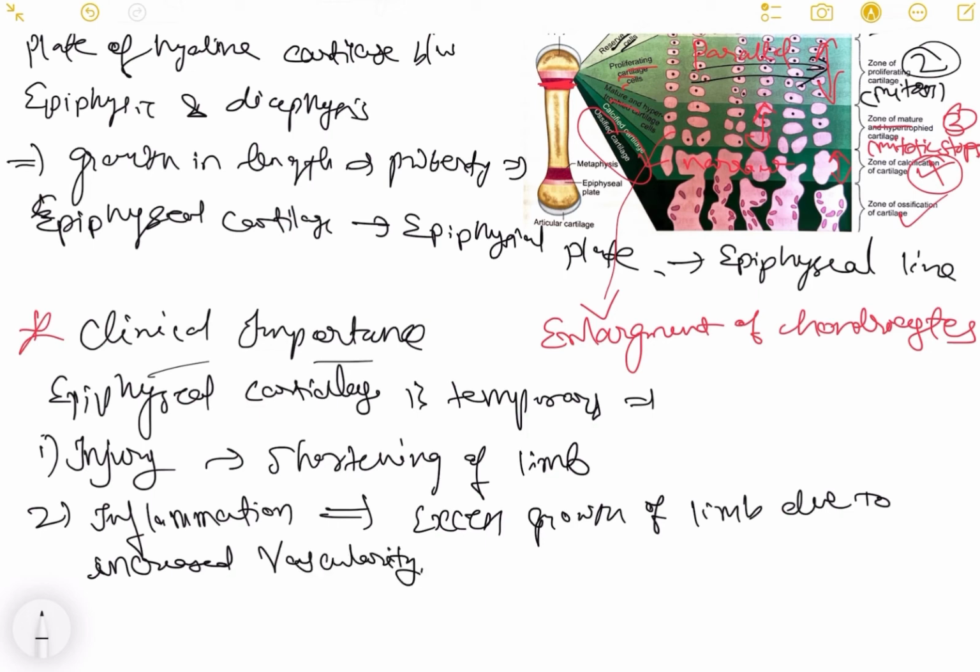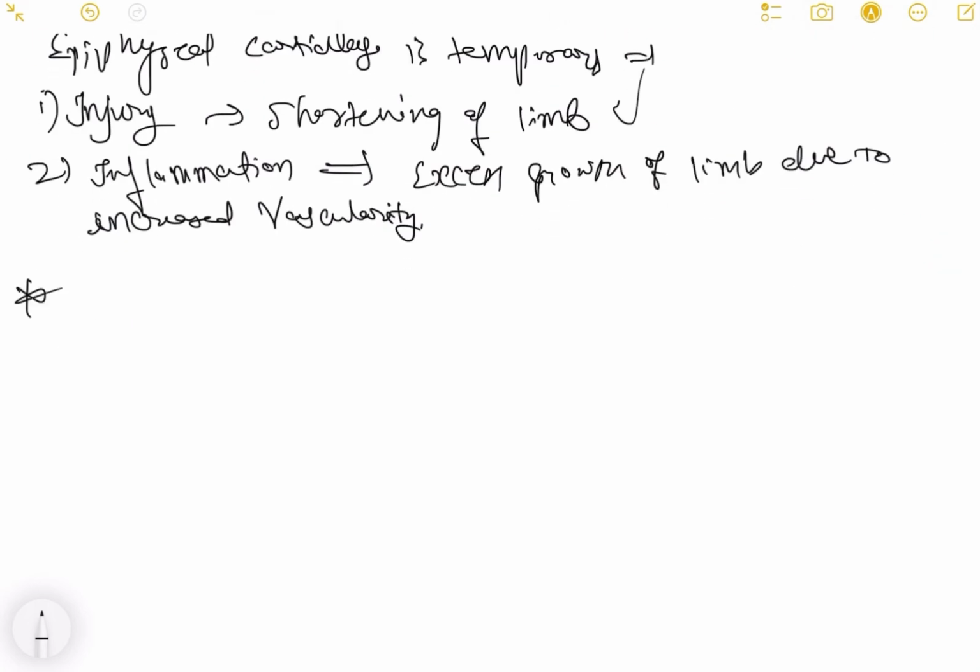So what does it want to convey? That when there is inflammation, excess growth of limb takes place, and when there is injury in the epiphyseal cartilage, shortening of limbs takes place. So this was about clinical importance. Now next,